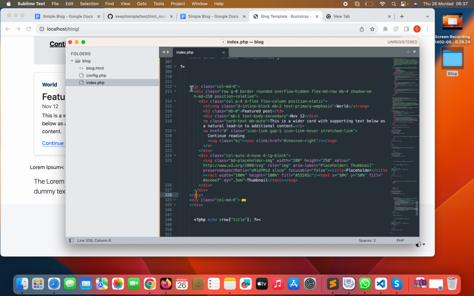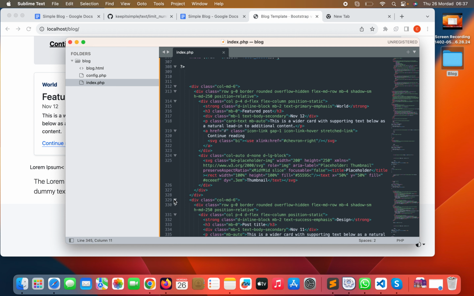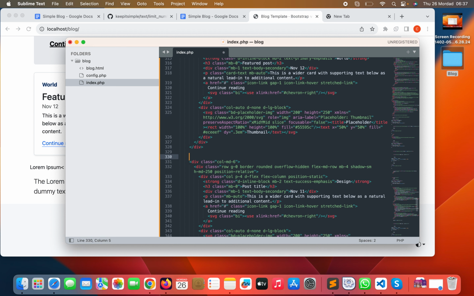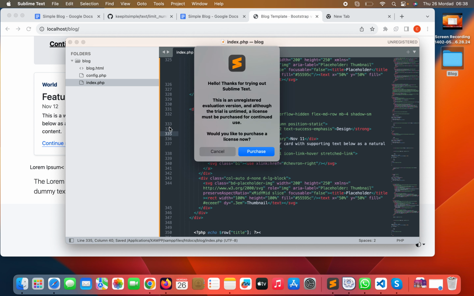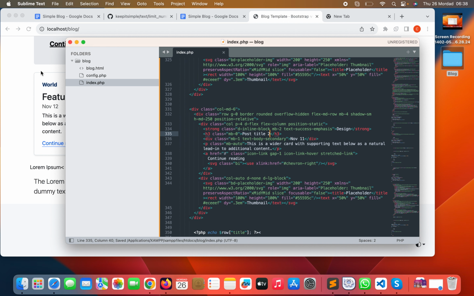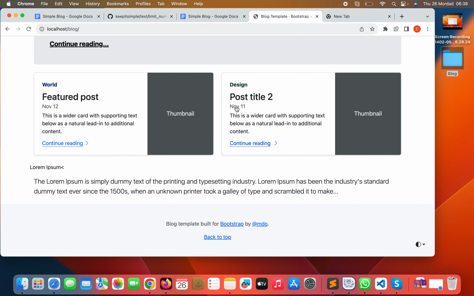This one starts up here and it ends down here. For the second div, which has the content, if I just say post title 2 and save, then we refresh, you can see it's that, but you just need this one alone, so we can remove this